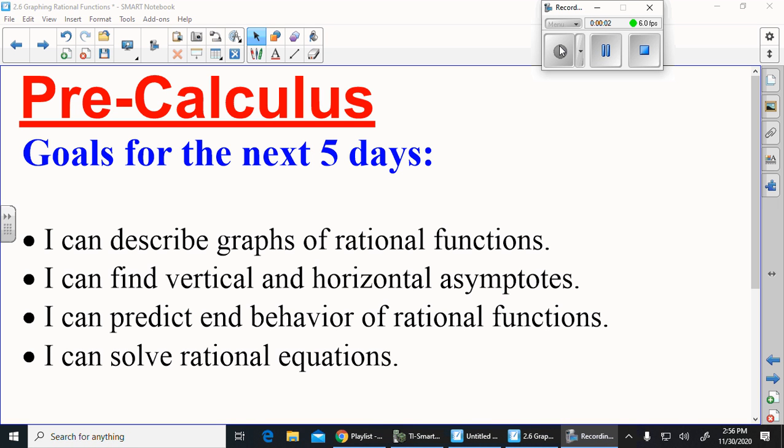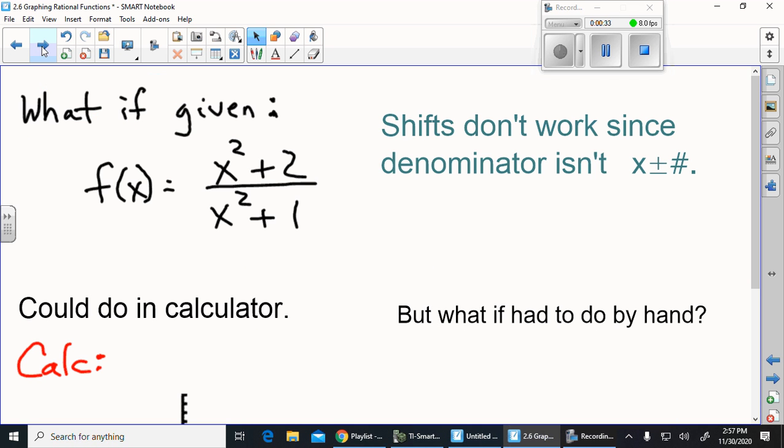Okay, so yesterday we did graphs of linear rational functions, which really can be described as shifts from 1 over x, the reciprocal function. So now we're saying, well, we got harder functions. So we're looking at vertical and horizontal asymptotes, predicting end behavior, and really being able to graph. I know it might not necessarily be that you're graphing everything, but you got to be able to answer